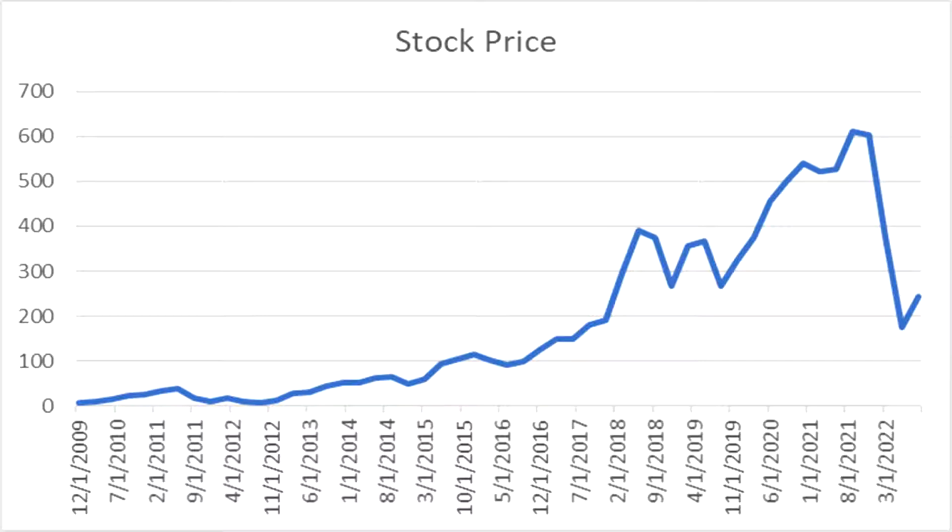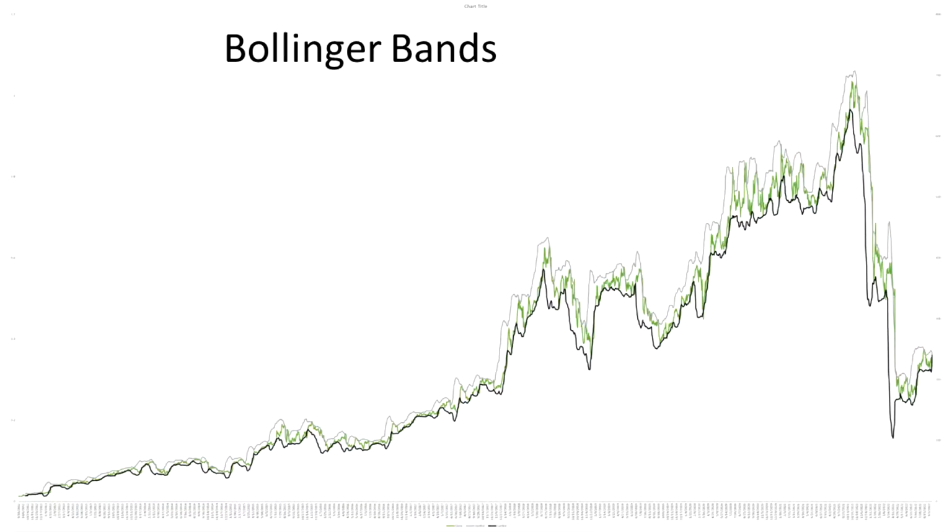Part of being able to assess the movement of stock is to be able to use something called the Bollinger Bands. Bollinger Bands allow you to set an upper and lower expected limit of the stock based on the moving average. So you take the moving average of the stock. In this case, this is a 20 period moving average. I'm going back 20 days, and then you add plus two standard deviations for the upper Bollinger Band, and then you look at minus two standard deviations for the lower Bollinger Band,